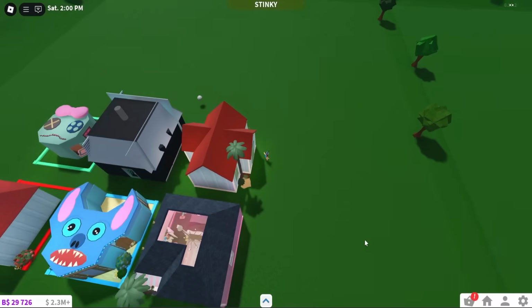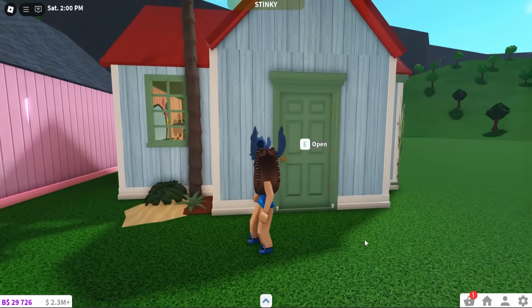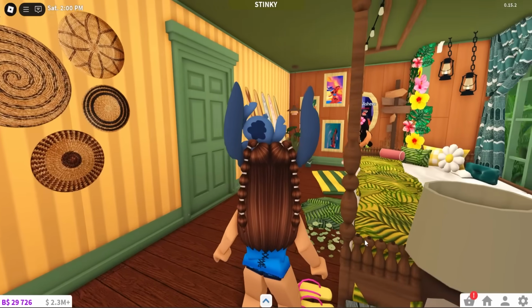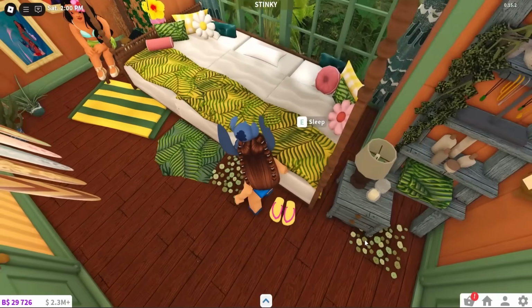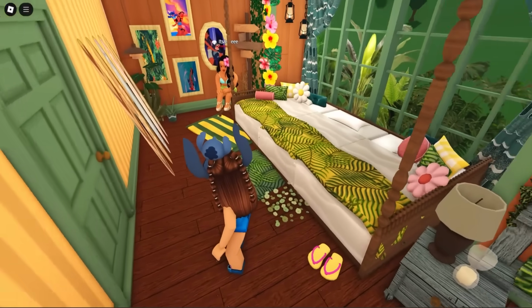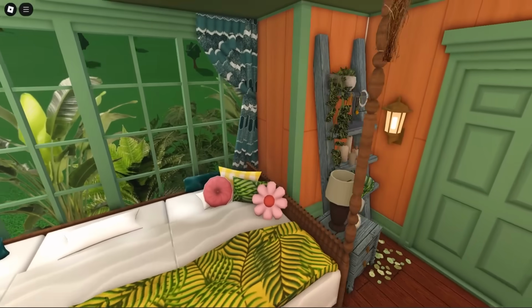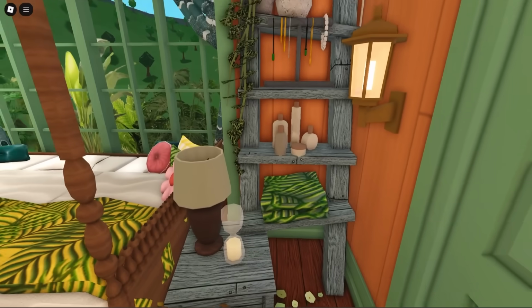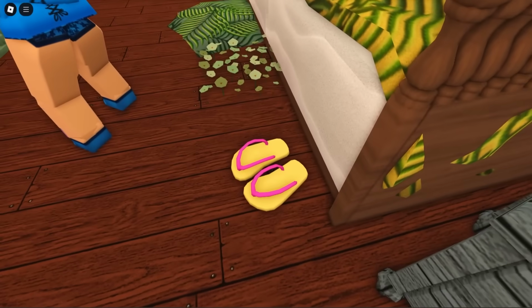The exterior kind of looks more like a house than a bedroom, but you know what? It's okay. It looks promising. Oh my god, that's why it looks like a whole house. The whole bed takes up the room. Wait, this looks so cool. Hold up. Speak about tropical. I would live here. We got a little ladder over here with some perfumes, towels, and then flip-flops, of course,